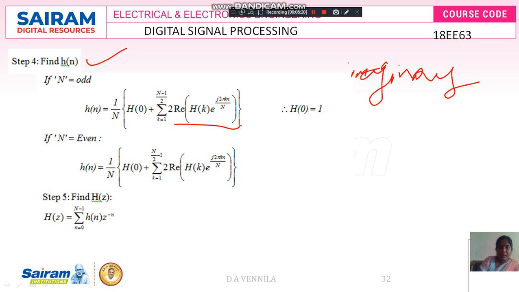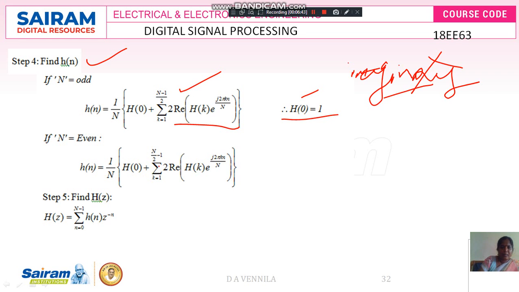This is very important: after finding h of n, you have to take only the real part. You should not take the imaginary part. Also, h of 0 will be equal to 1. This is the condition. Now if n is even, then h of n equals 1 by n